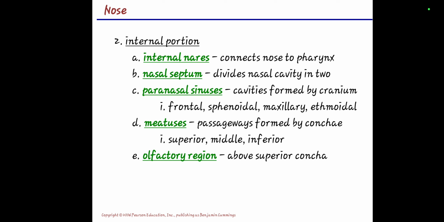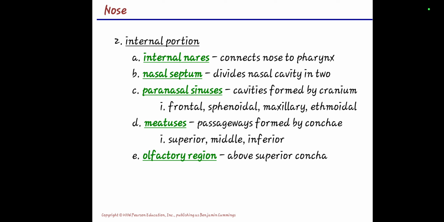So it is basically two openings from your nostrils, the external nares. External nares is more focused on the connection between your nose and your pharynx. It is usually the opening of your internal portion, in the nasal cavity, into the pharynx. So meaning to say, when we say opening, it is particularly on the internal nares. Okay?